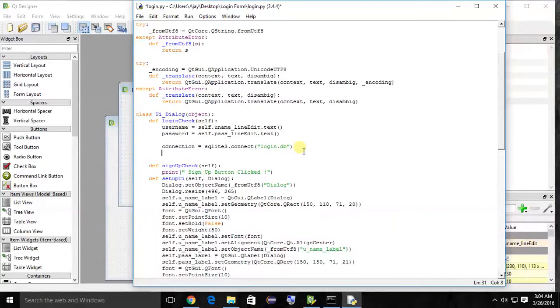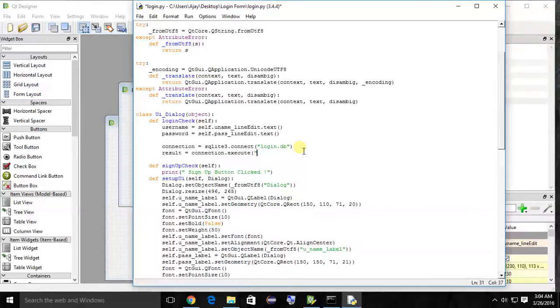Now we have to fire the query to the database. So let's take result, because my query returns a result, that is the rows matched. The connection.execute method is used to execute a query on the database.